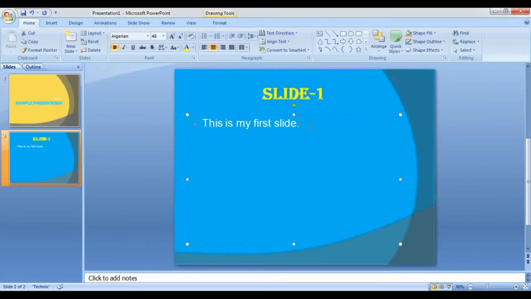I can apply animation to this text, I can apply animation to this text separately, and if there are other objects, I can apply animation to each and every individual object. Whereas your transition effects will be applied to the entire slide.